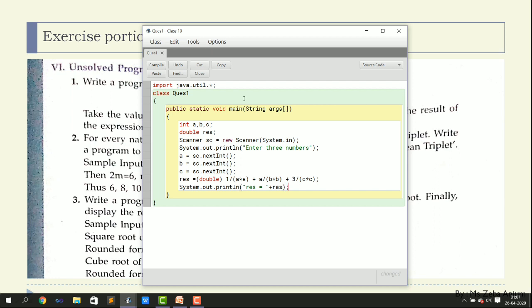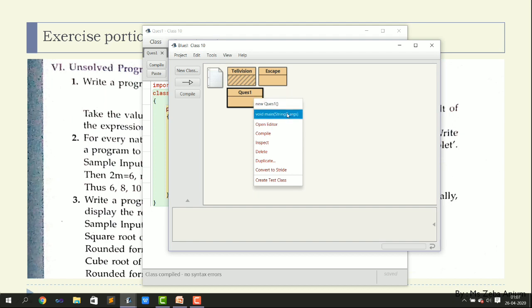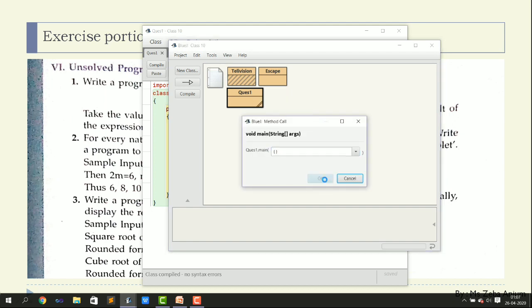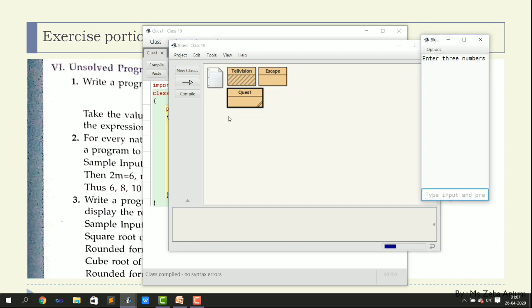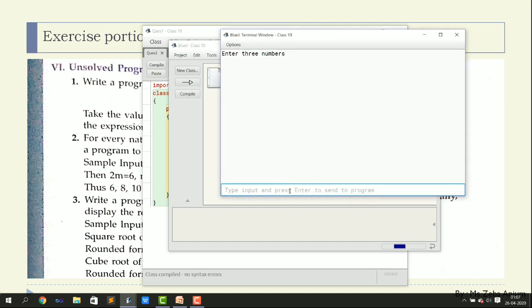Now let us execute this program. Firstly we are going to compile it. Now yes, no syntax error we have got. Now again let us try to run this code. Yes, see over here we are getting: enter three numbers.